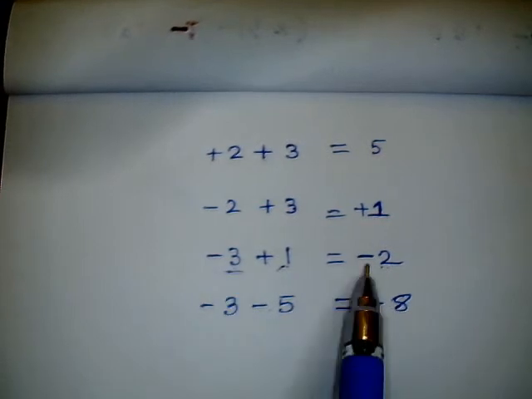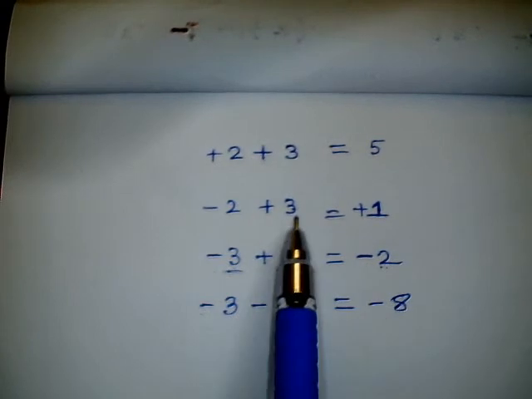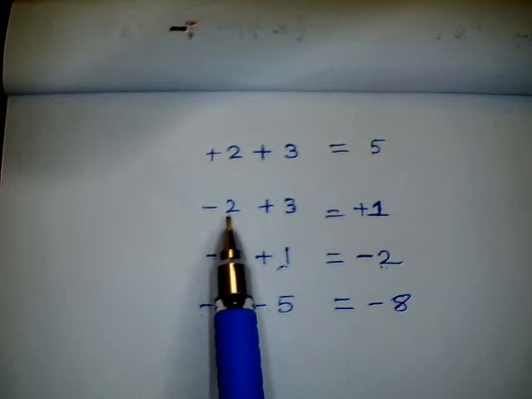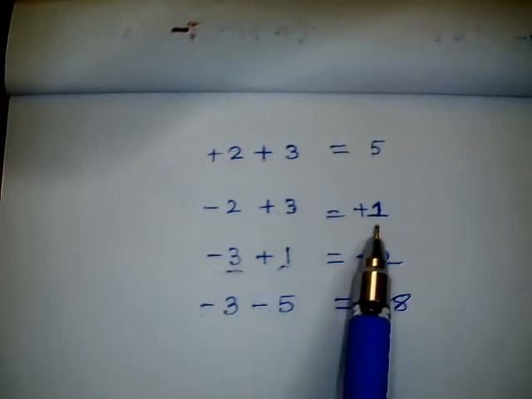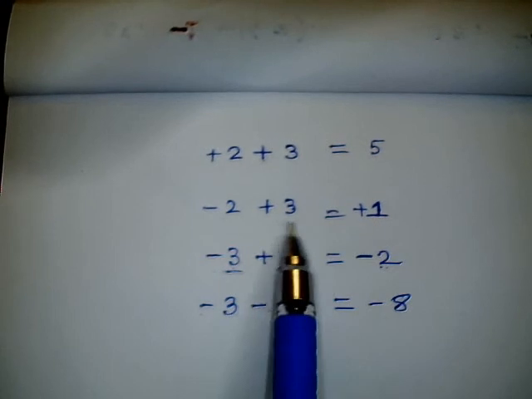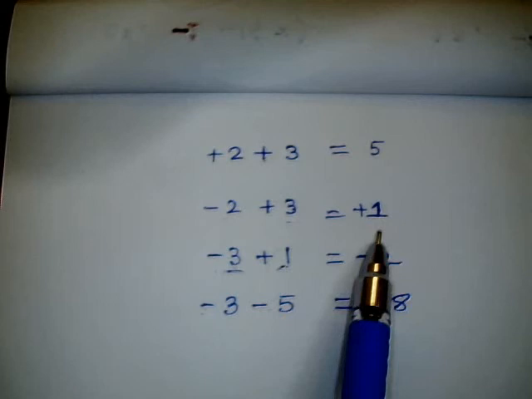Here is negative 2 and positive 3, so first from the greater you subtract the smaller one without considering the sign. From 3 I have subtracted 2, it's going to become 1. And which number is greater? 3 is greater, so the left out part will be positive. Here both are positive, so they will get added.